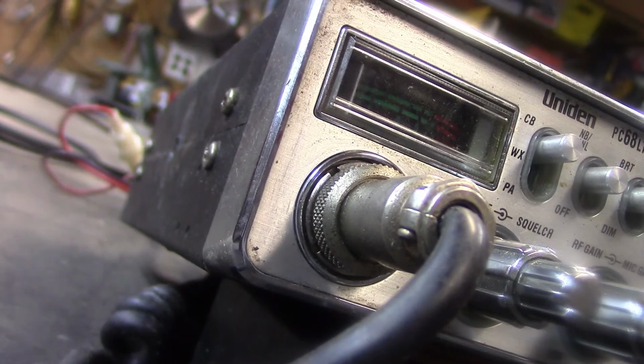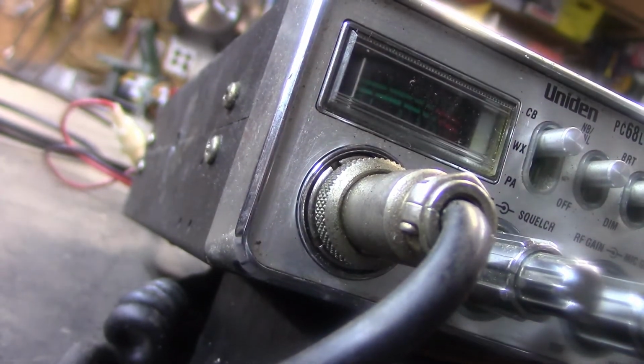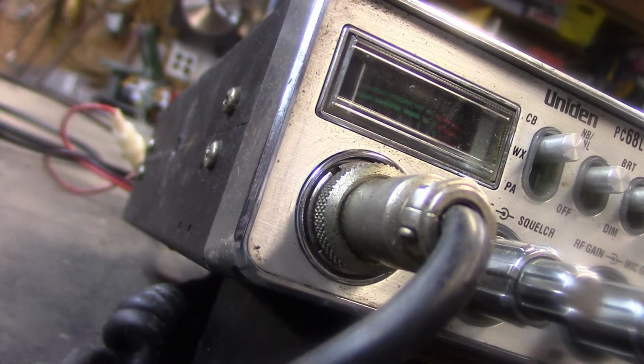So meanwhile, let me turn everything off here so I can power this all back together and look it over before I put it back together. Make sure everything's working. Like I say, this hasn't been open in 20 years, maybe longer. So